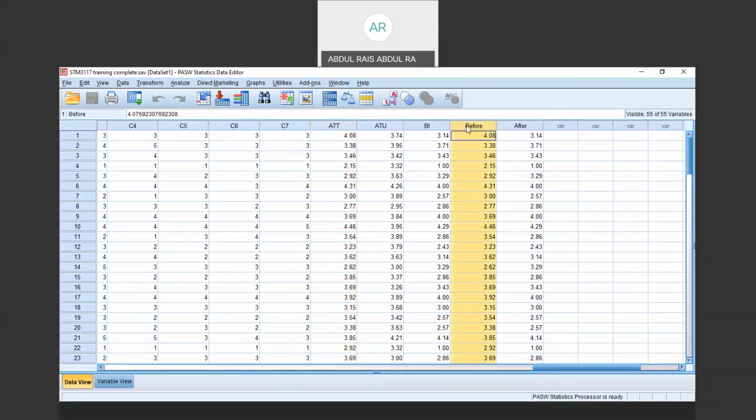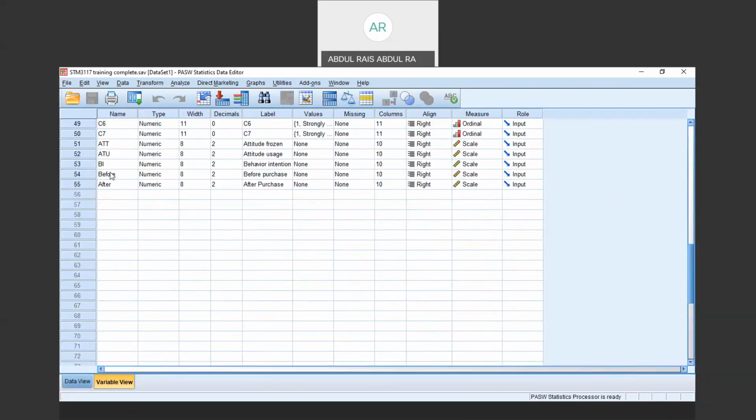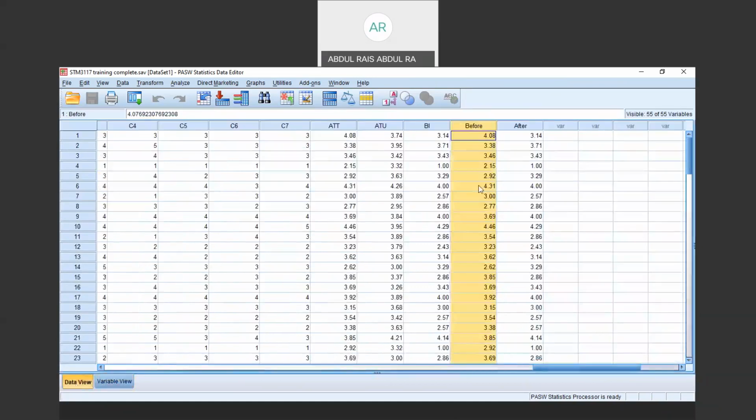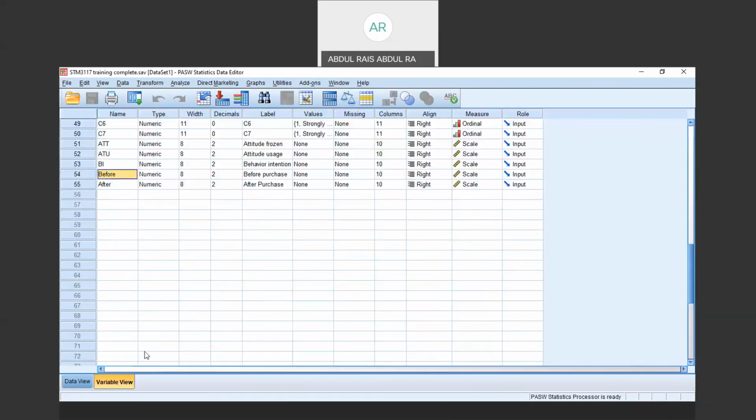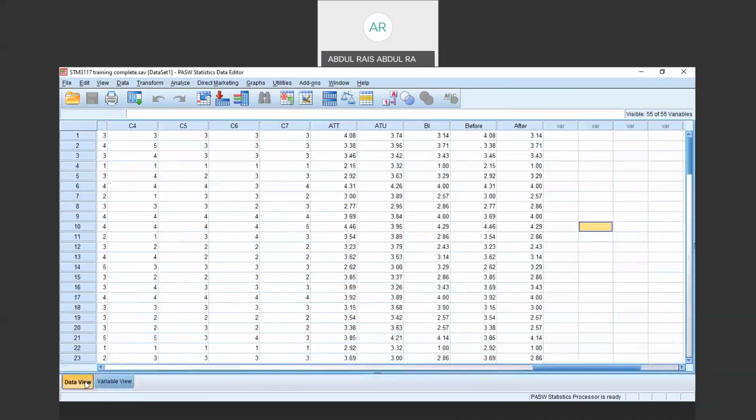Copy here and just rename it in the variable view. For after purchase, I copied the values for behavior intention. Copy and paste everything here, and then I went to the variable view and recoded everything. So we now have two additional variables just for the sake of demonstrating how